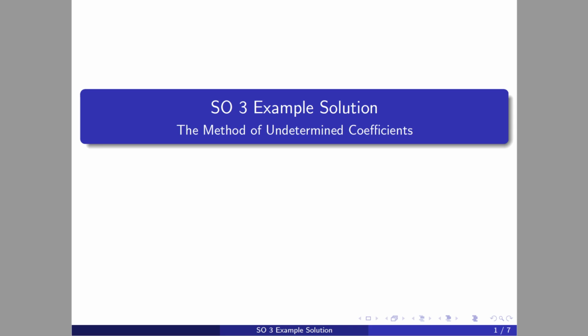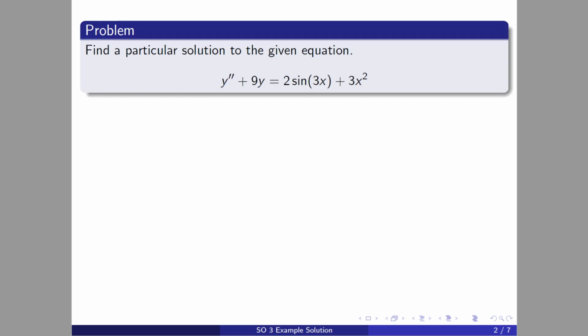In this video I will be demonstrating how to solve the second order equations that are non-homogeneous using the method of undetermined coefficients. Our particular problem is the second derivative of y plus 9y is equal to 2 sine of 3x plus 3x squared. The general method here is going to be to create a general format of a solution and then solve